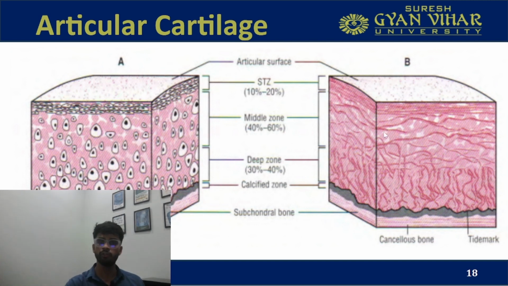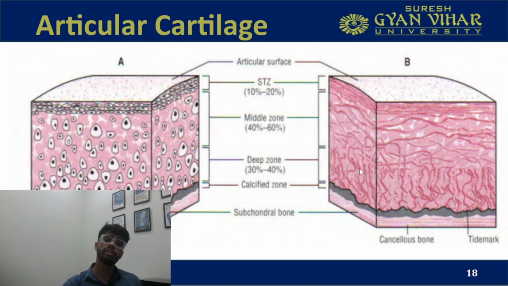absorption capacity. If you come over this side, these are the orientation of fibers in the articular cartilage. As you can see here, they are horizontally present. Also they are very dense over the superficial part, as I explained earlier. So this is a superficial articular structure. They will experience more compressive force. So in order to resist that compressive force, they are present in a very densely packed manner and they are present horizontally. But if you come down, you can see their arrangement is changing to vertical. Here they are arranged in a vertical manner.